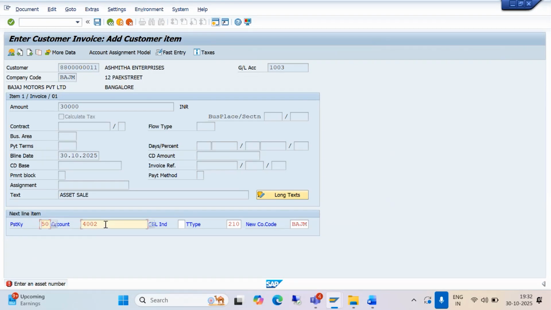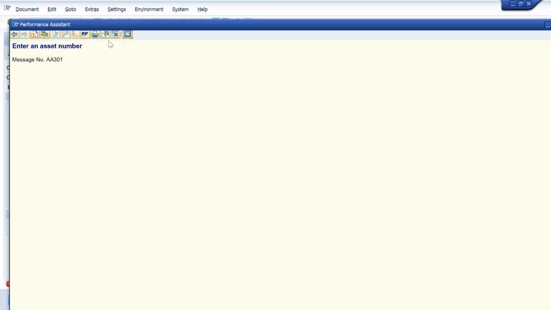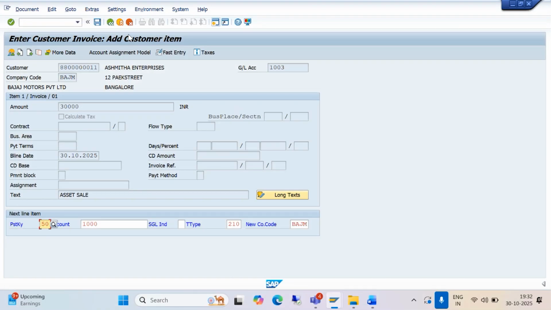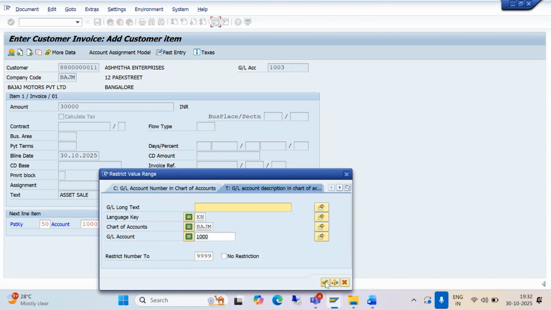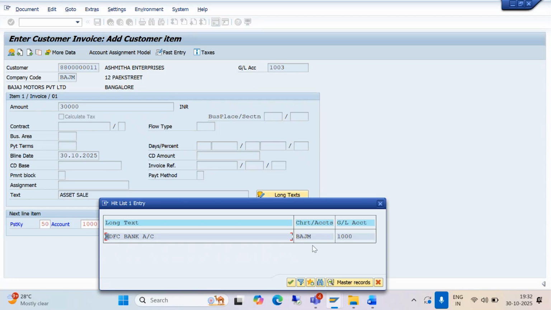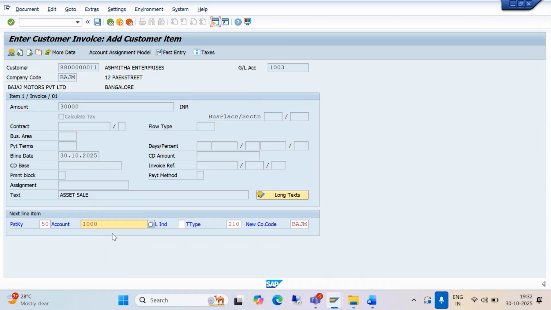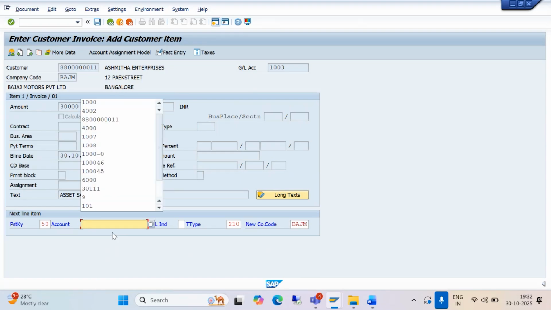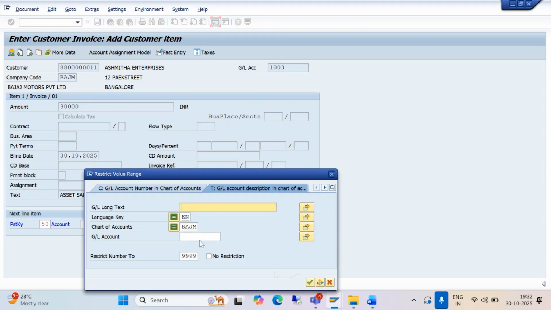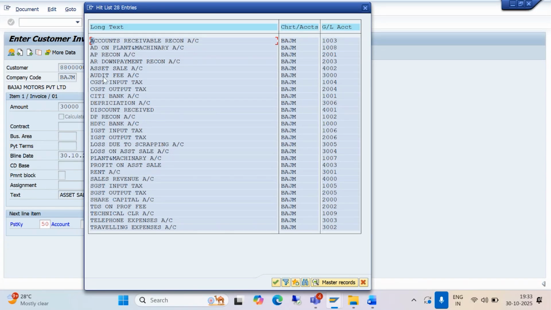Enter an asset number. If you put the asset number, for suppose 1000, take it, no? It's asking to enter the asset number. What is this? Asset number is 1000 only, no? Yes, sir. Something is going. Oh, I understood. The GL account 1000. No, so we have to go and debit the asset. Which asset we have to debit is nothing but like